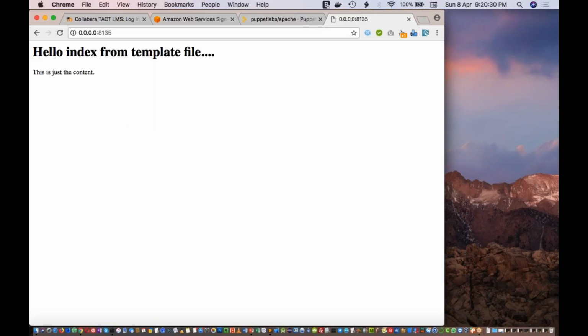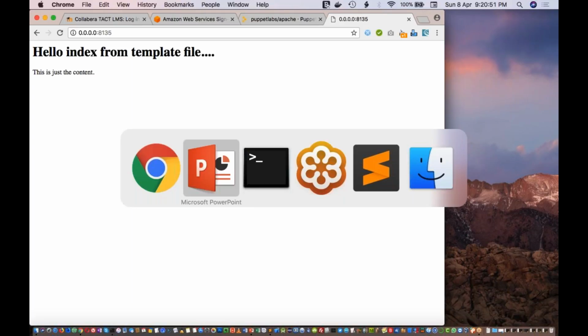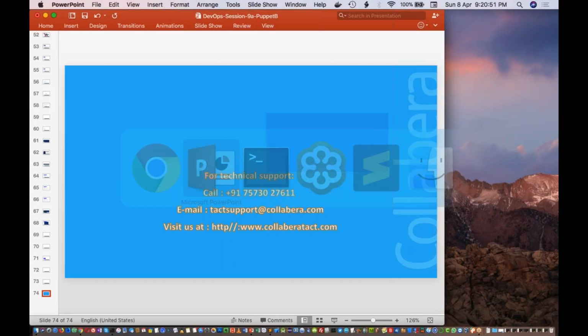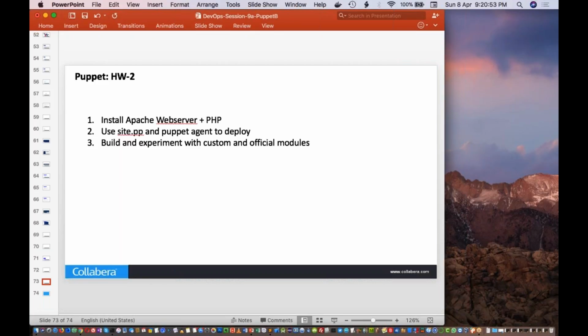Can you please elaborate on that? Ajinkya is saying as in presentation. Which slide are you talking about? I didn't understand you, Ajinkya. Syntax samples.